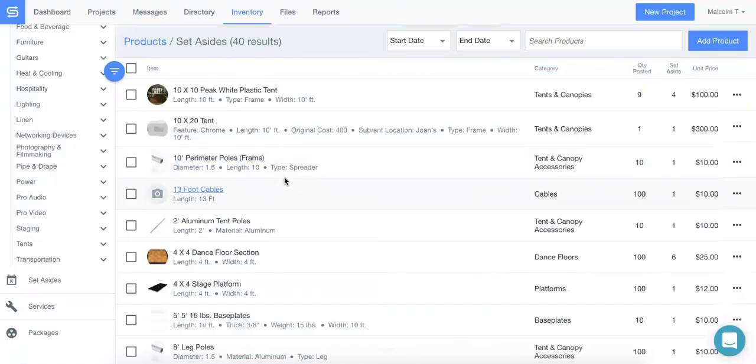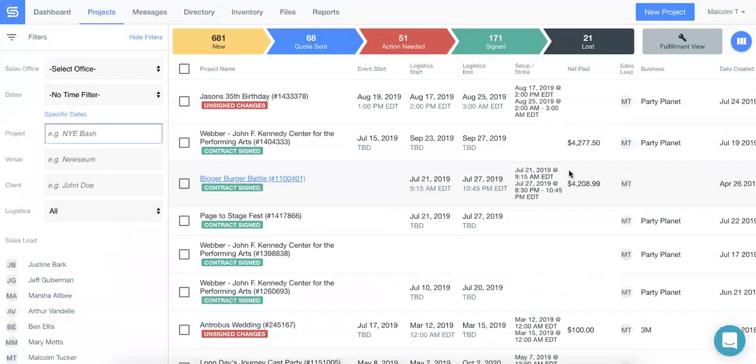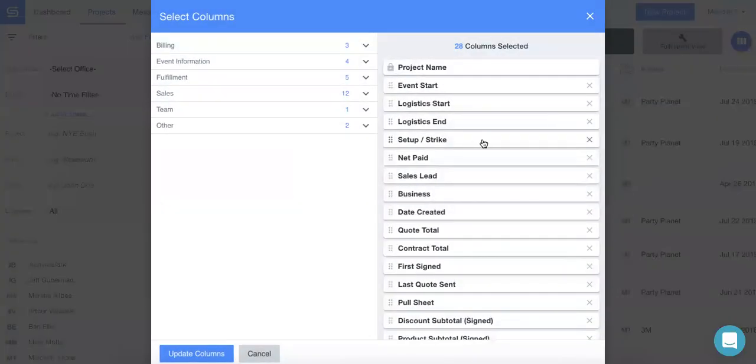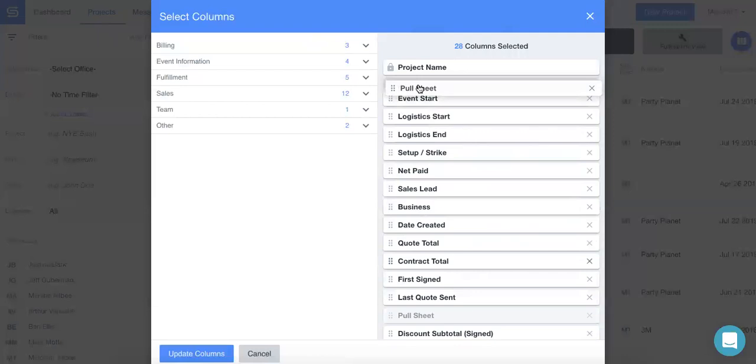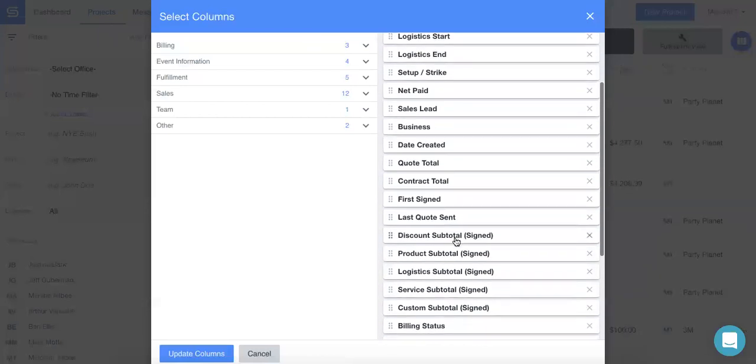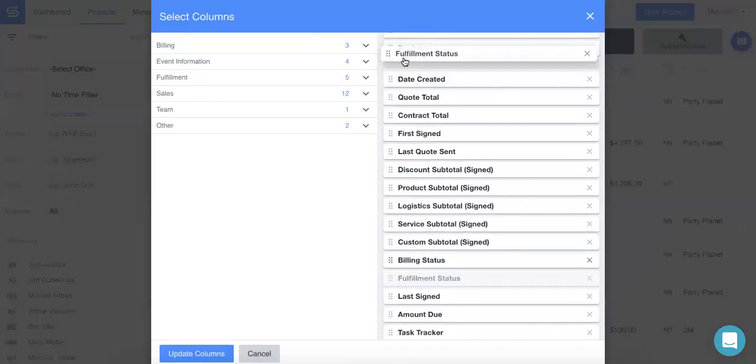Next tip I would like to give you is just to see which of your projects have an open or closed fulfillment status. This way you can see how other members of your warehouse crew are dealing with checking items in or even moving through the pull sheet for your orders. So I'm going to move pull sheet up here as well as fulfillment status